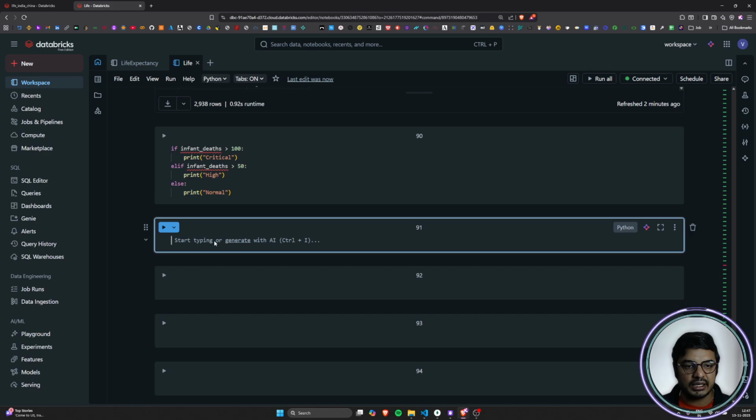So now what I will do is, I will create a data frame. df1 will be equal to df dot withColumn. Okay, I will keep the column name as infant_deaths_risk. Okay, and now I will put the conditions. So when infant death